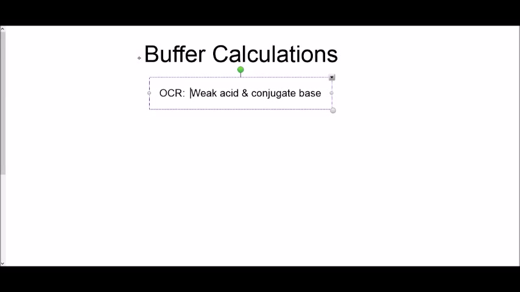Take you through buffer calculations that you'll be required to do for OCR F325. Remember that for OCR, a buffer consists of a weak acid and its conjugate base. For this exam syllabus, we don't look at buffers made with ammonia or other solutions like that, so we're only going to concentrate on this one type. So for this, the calculation that you're going to use is the Ka calculation. So we're going to stick with